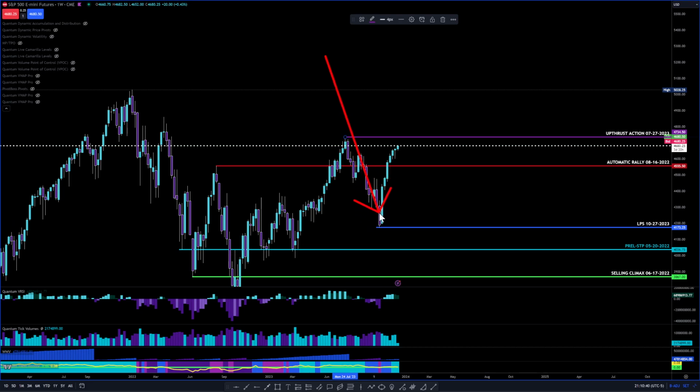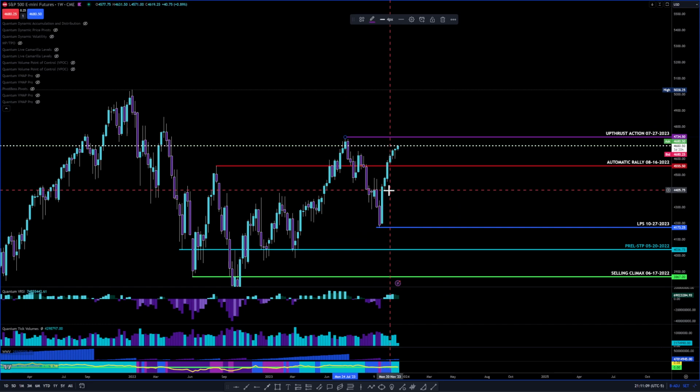After that, we had this rally for a couple of weeks: 1, 2, 3, 4, 5, 6, 7. So 7 weeks in a row we had this bullish activity. We're back up, and we broke above the automatic rally, 45.50. Let's see what date that was. That's a rough estimate because it's on the weekly chart. We broke out the 13th of November 2023, somewhere around that week.